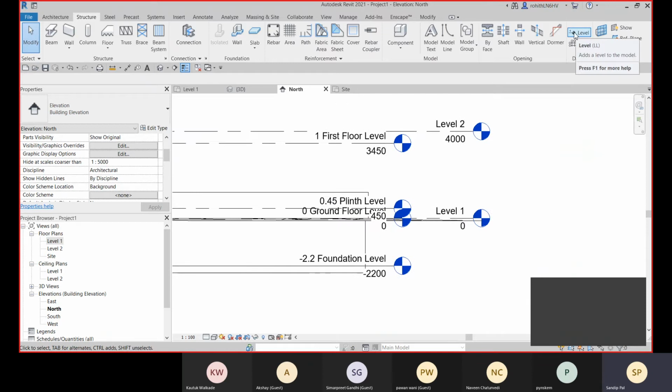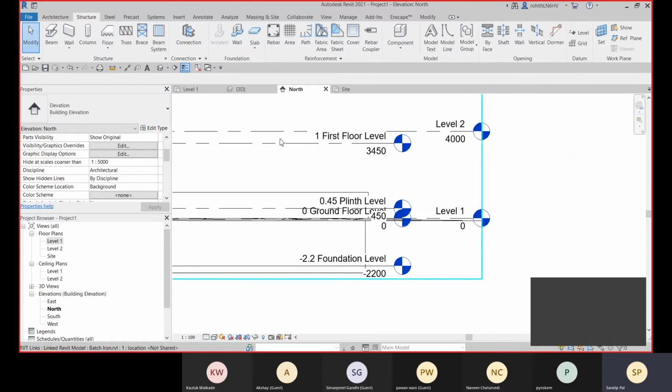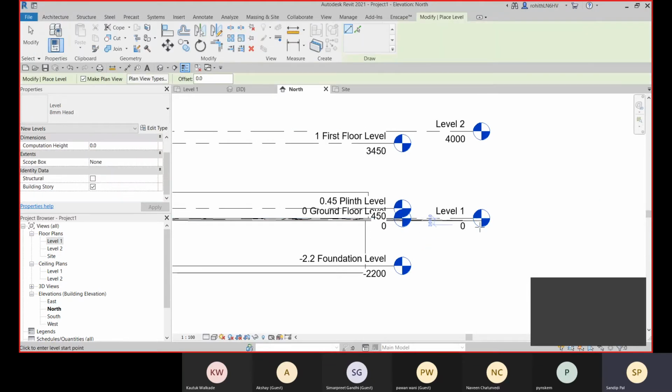So now you see that this level from the datum panel is active right now. Either it may be from the architecture tab, or it may be from the structure tab. So you can create from the structure tab also. So there is no difference. All right. So we just have two options if you are creating any structural element. So you don't have to switch to the architecture tab for creating level. So that's why this level option or the datum elements are provided within the structure tab. So let's create levels. So this level one is already created. So I'll not go with that. I'll just rename it later.